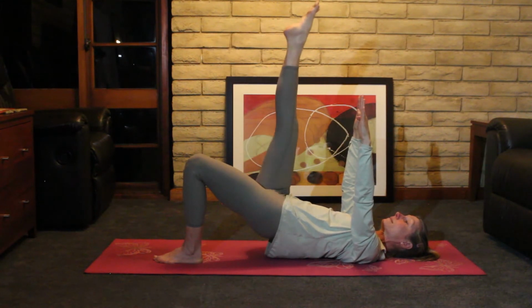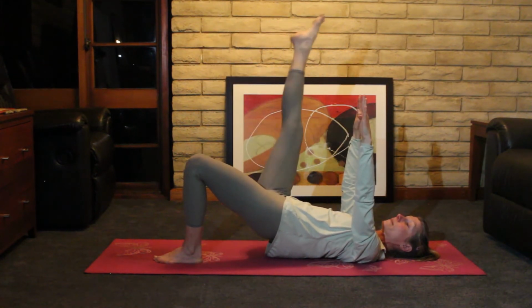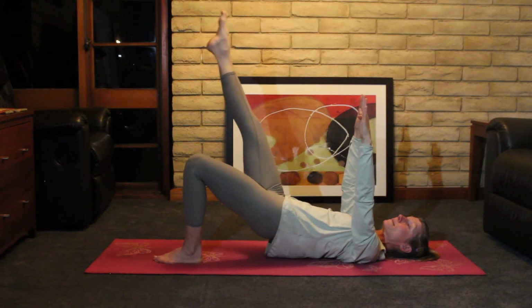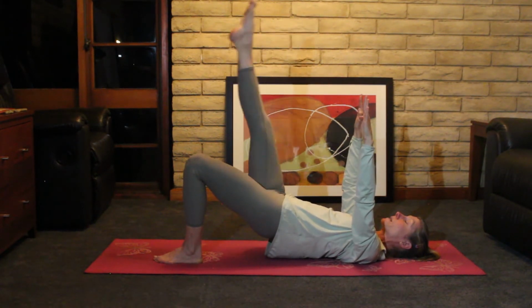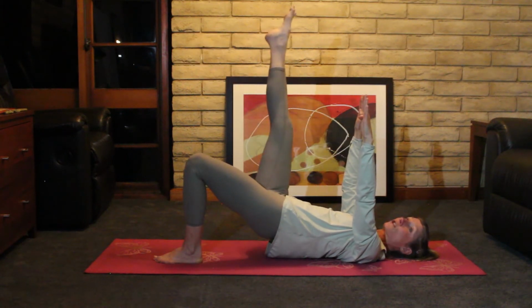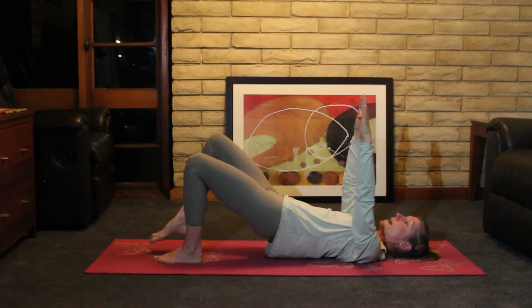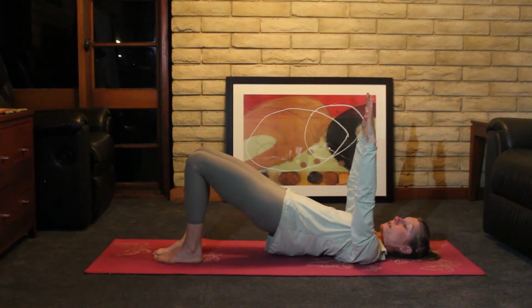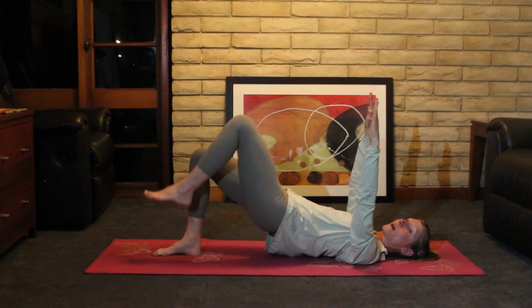Exhale, 2, 3, keep the leg lengthening, 4, and last 2, like you're trying to reach your toes to the ceiling. Finish at the top, return that foot to the ground into the same footprint. Press the right foot into the ground, squeeze the right glute, so then that's the weight bearing side to bring